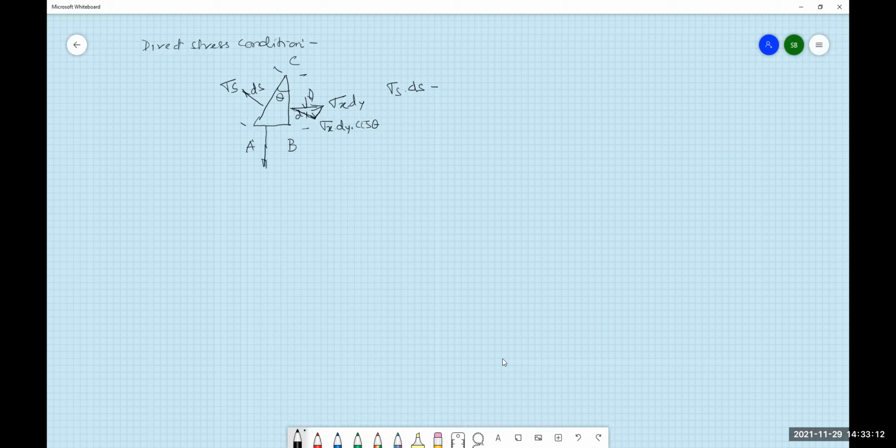This is sigma y into dx, as sigma y is the stress acting along the y-axis, and dx is the length of this area. Now, if we make a vertical angle here,